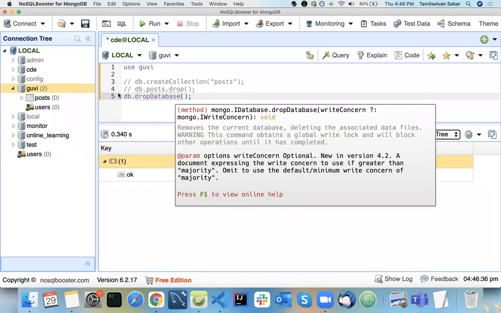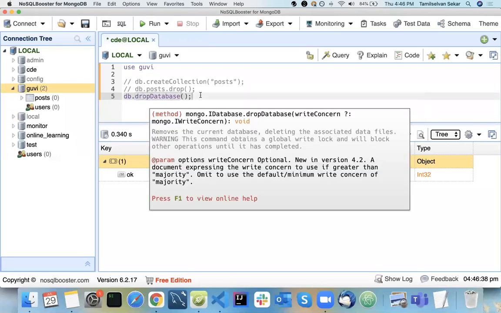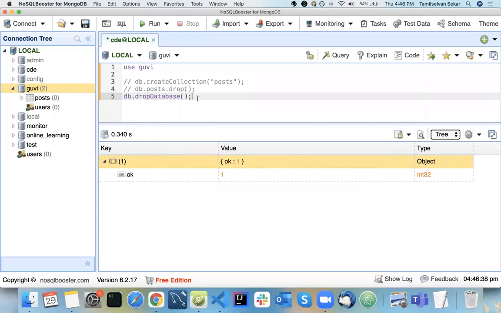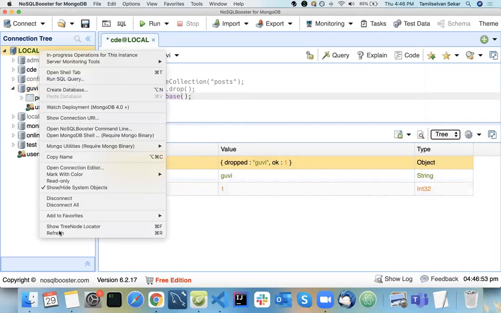Every function is nothing but JavaScript functions, like get data, fetch data, delete data, create something, same way create collection, drop database. If I do this, your GUI database will be deleted.